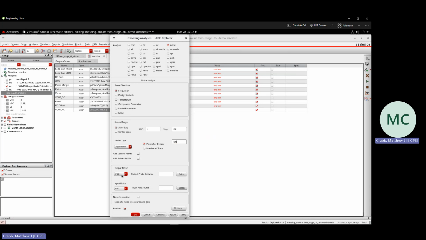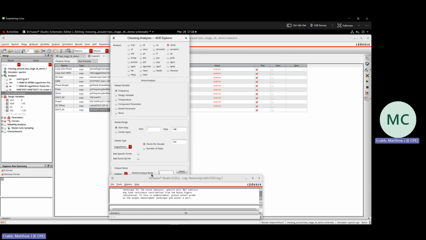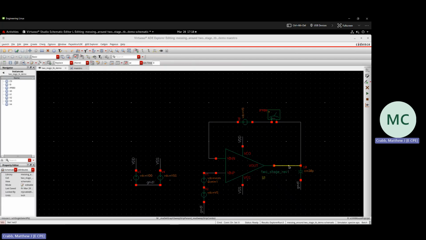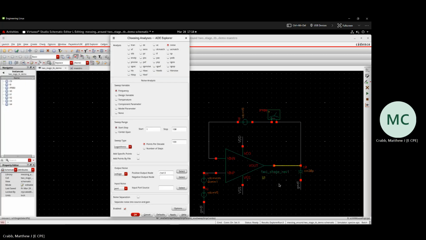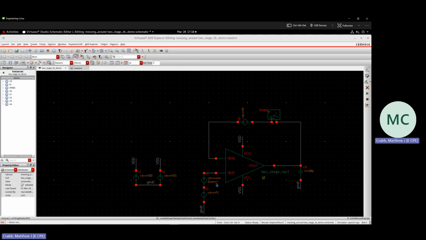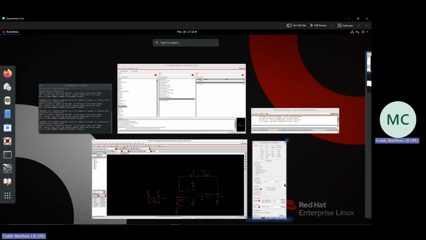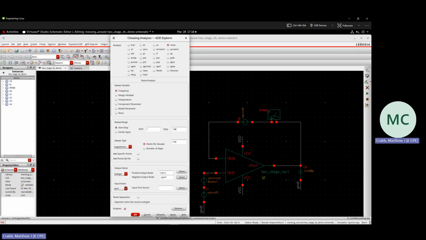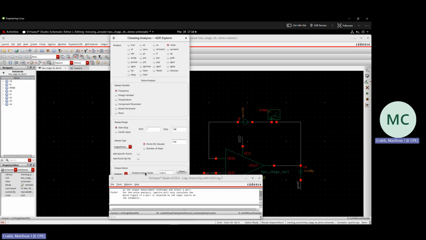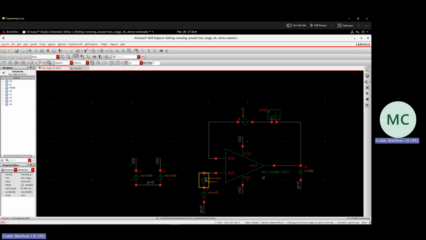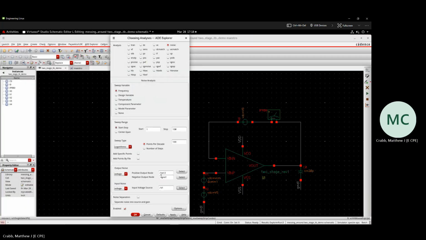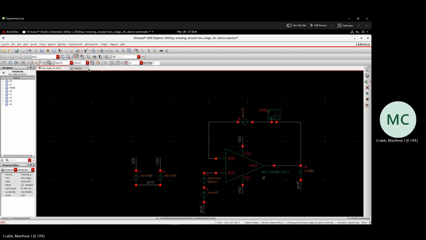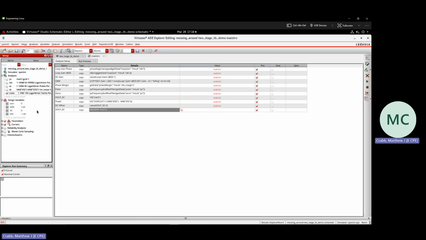And then down here where it says output noise, instead of probe, hit voltage, then select this output voltage net. Go back, negative output node, select ground, go back, input source to voltage, just ignore whatever this is. And then I'll select this point here. And then we're not going to do noise separation for now, so hit OK. Then once again, I'm going to disable everything else and just do the noise. So now if I run my simulation,